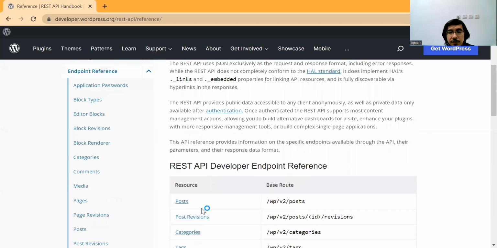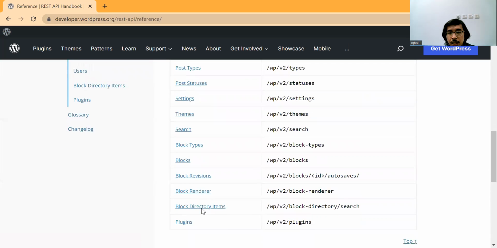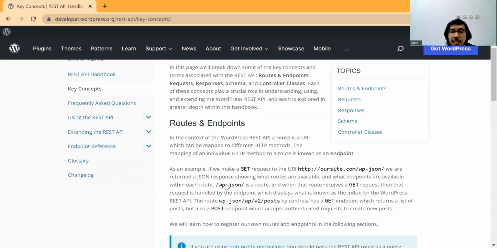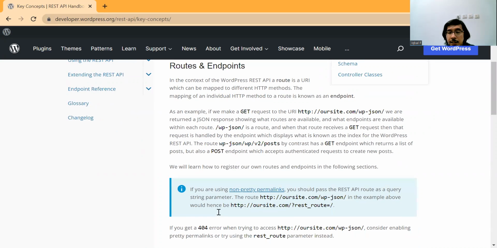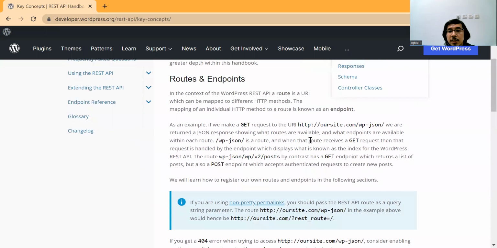But when you are accessing this page for the first time, it may be confusing how to use it. I suggest you click the key concepts. The key concepts give you the main information on how to use GET and how to use POST. But in this video, I will cover only GET, and you can use GET even only using the web browser. For example, I want to show you how to find the main information of the Learn NetBoostify page.